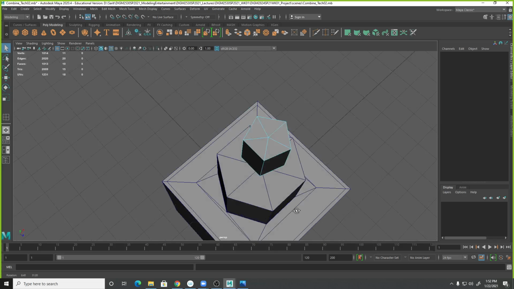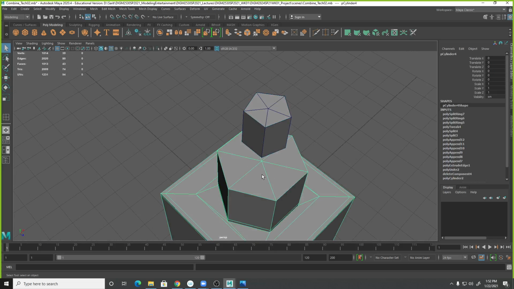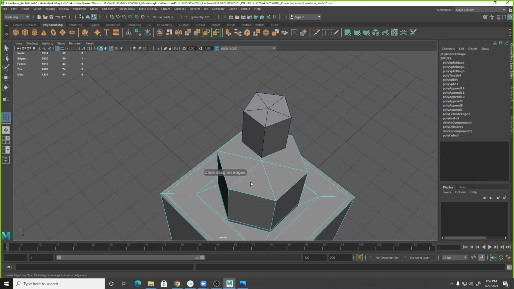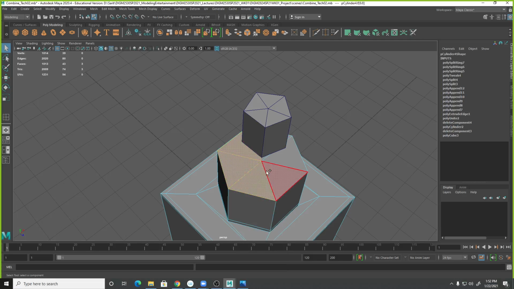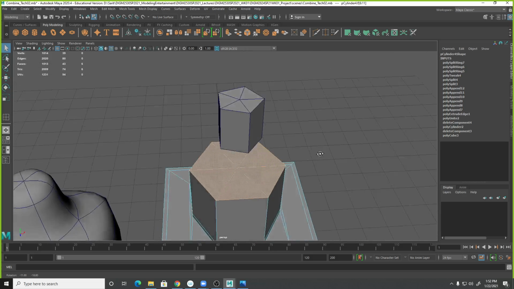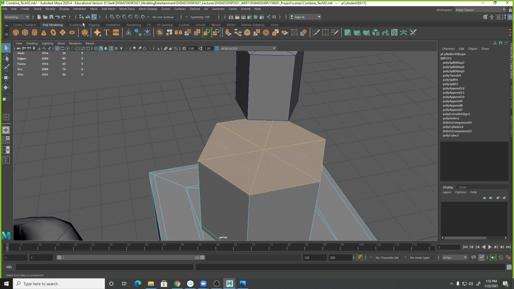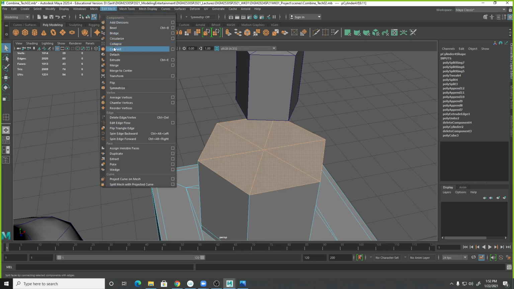So now let's take a look at this. If you delete it right away, you're going to have to do like what we just did, right? So now there's a technique. If you are using insert edge loop, you can't. Can you see? Because it's triangle. It won't be able to insert edge loop at all. It looks like you just split. So there's a technique. If you select these faces, 6 faces, and then you use extrude, so edit, extrude face,